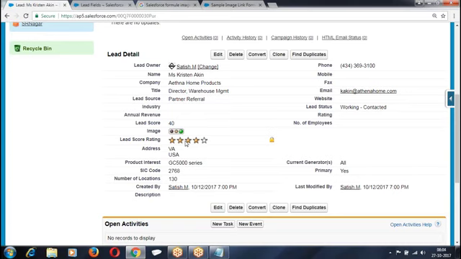Are you getting my point here? So this is a very commonly used scenario: lead score and lead rating. I hope I'm clear. A similar example was there in your hard copy. What was the hard copy I gave? A similar category of example was there: lead score and lead rating.